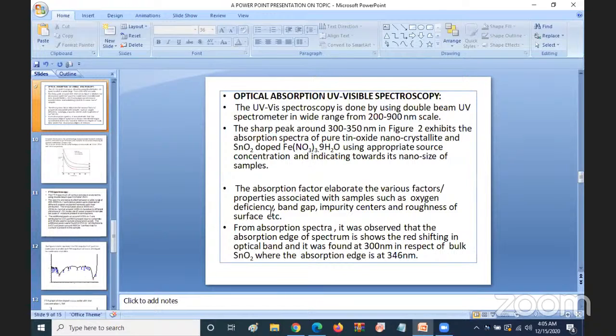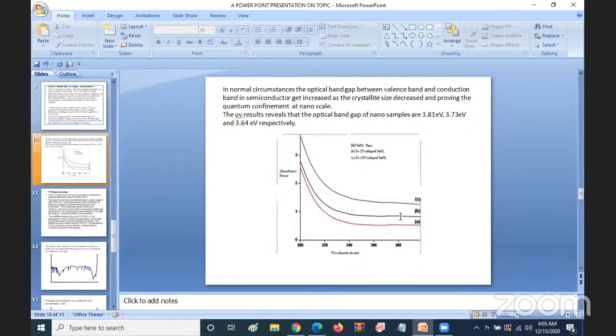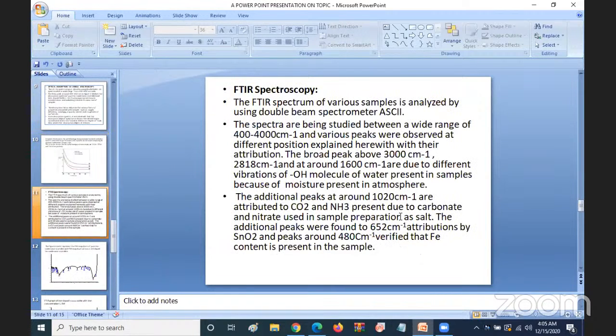Further, we have done the UV visible spectroscopy. The absorption factor elaborates various properties associated with the samples, such as oxygen deficiency, band gap, impurity centers, and roughness of the surface. The next is FTIR. FTIR spectroscopy is done in a range of 400 to 4000 centimeter inverse, and